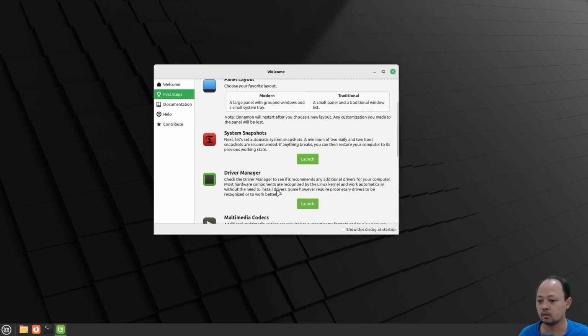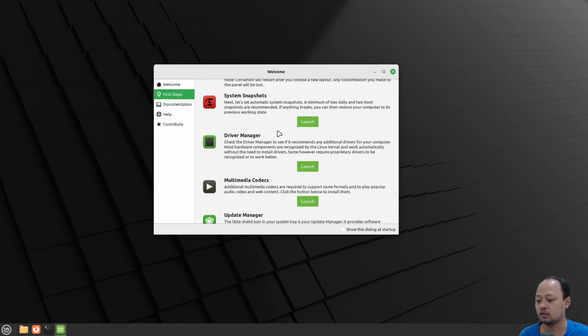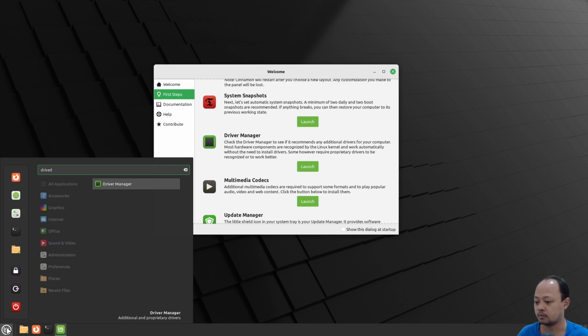And then we continue to the driver manager. The driver manager also can be found from the start menu by typing driver manager.